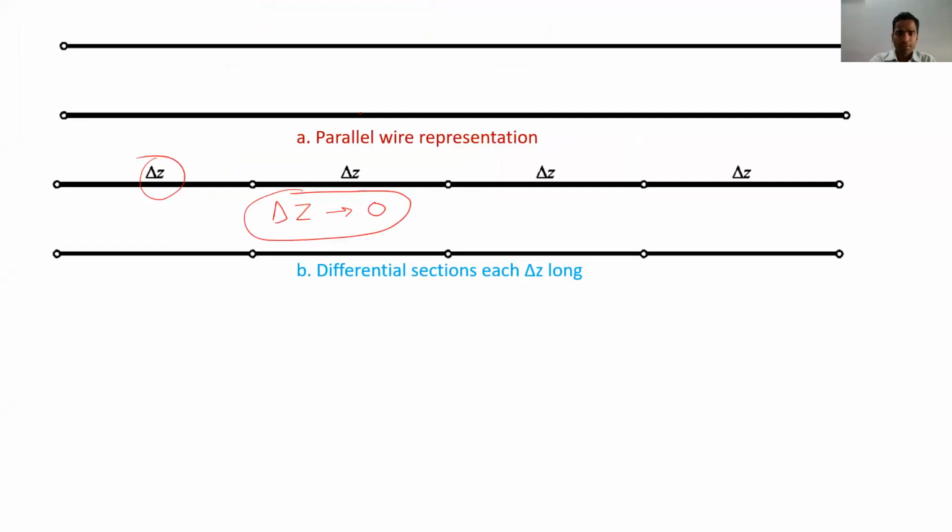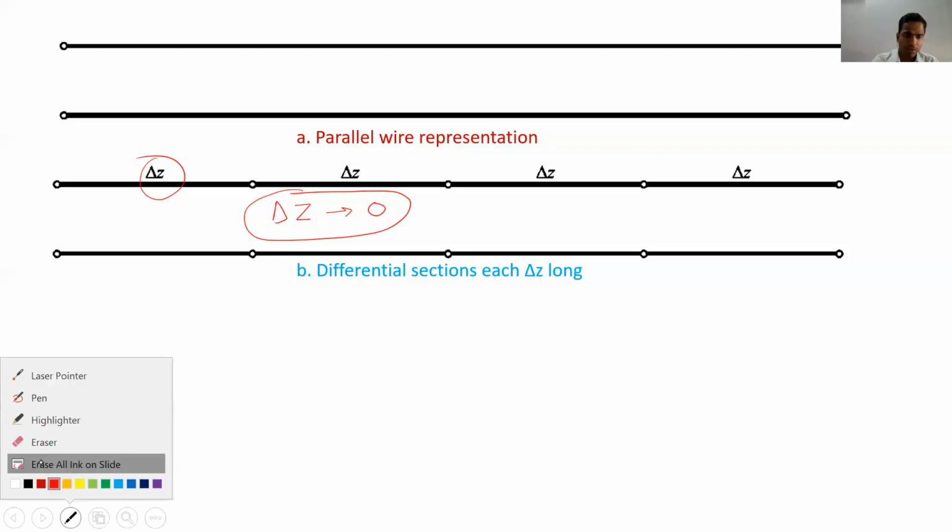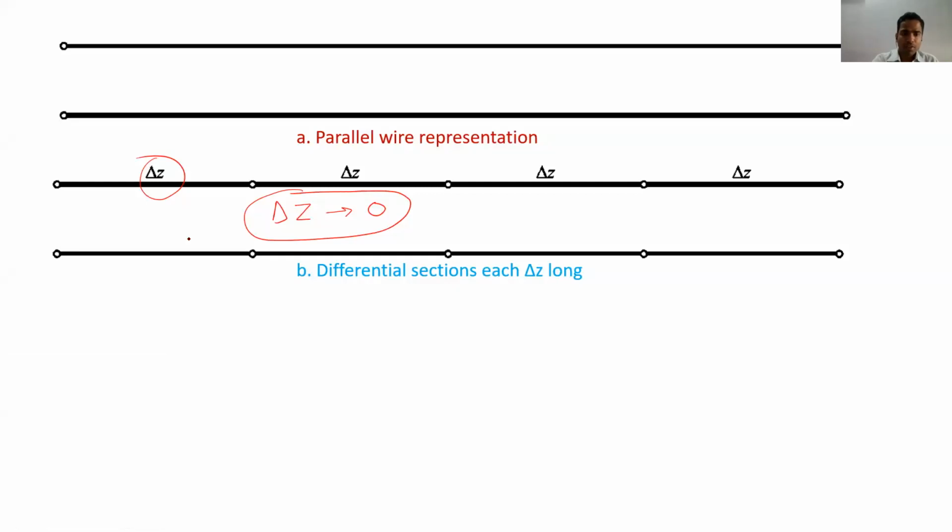And that is why for a transmission line we cannot apply KCL KVL. At high frequency analysis we cannot apply KCL KVL. Why? Because the assumption for KCL KVL is what? What is the assumption for KCL KVL? Sir, we need lumped circuits. We need lumped circuits. Very good, Shivam. But here we don't have lumped elements. Here we have only two parallel conductors. So how do we analyze them?